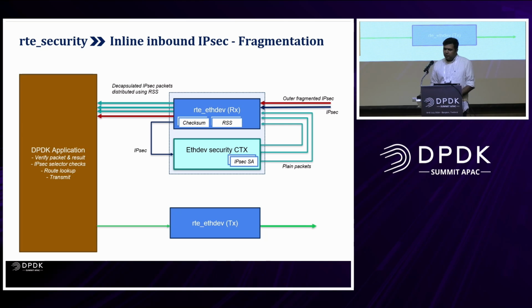So there is one important corner case as depicted in the slides. Even though I described IPsec just like how we would do checksum, it's more complicated than that. And the complication comes from the fact that it is on top of IP, which can get fragmented. In order to perform IPsec, you will need to reassemble the packet, and only then can the IPsec processing be done. So DPDK already has a notion of hardware reassembly of IP fragments in RT-ETHDEV. Just now we discussed that. But for this discussion, let's assume that the feature is either not available or there is some limitation when compared